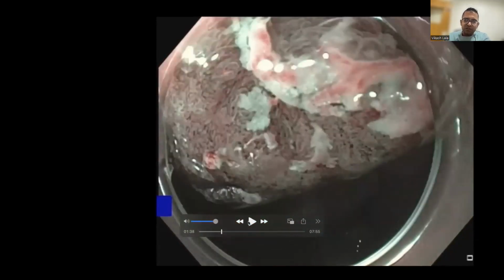So then I took a closer look. Now, this scope didn't have near focus. It's just an H190 scope. So I want to show you that even with basic scopes, you can get decent imaging. So this is without near focus. And what you can see is that it's not so easy to appreciate, but this whole area essentially is demarcated.